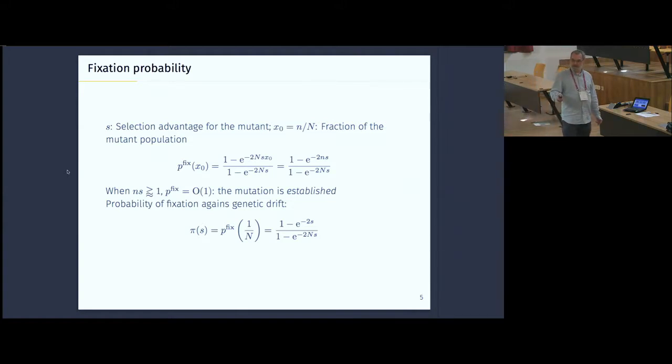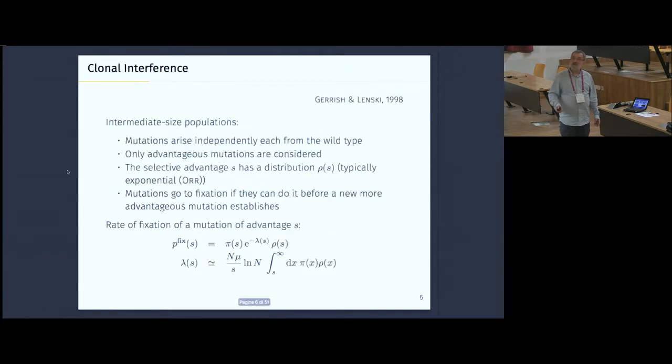So whenever ns is larger than or of the order of 1, the probability of fixation is of order 1, and we say that the mutation is established. And if we have a mutant which arises in one individual at a certain time, then of course we have to put n equals 1. Therefore, the probability of fixation of a mutant with the selective advantage s will be given by this formula evaluated for x0 equal 1 over n, which is this nice looking formula,